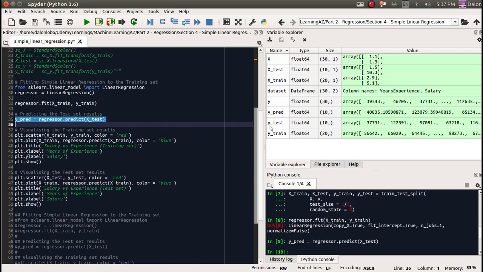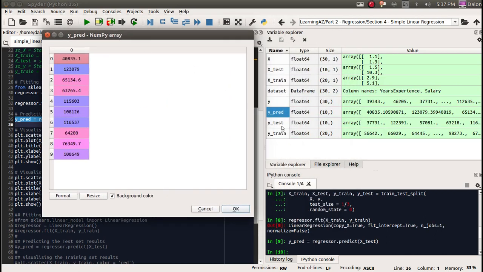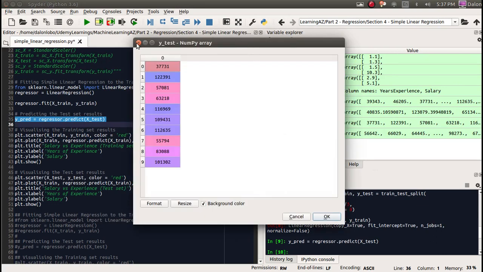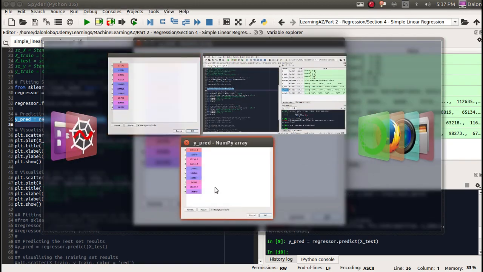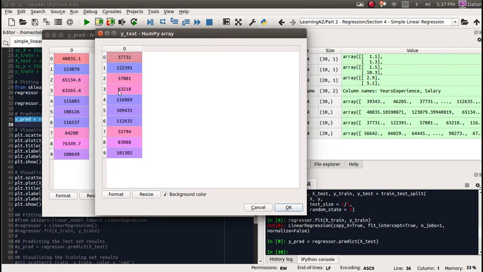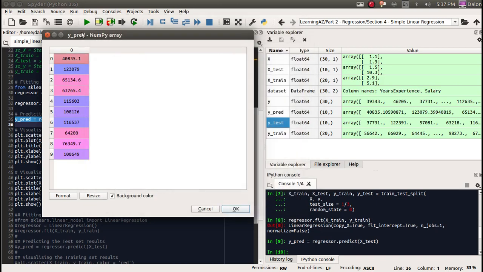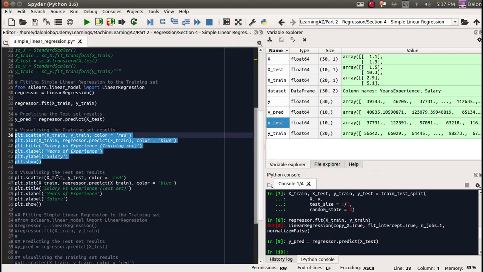to predict the value. So y_pred. These are the predicted values, and if you actually match them with your test values, they should be at least closer to each other. That is what you can find. So we have a good linear algorithm here, which is almost, for example, this ninth value is 100,000 and it's 101,000 here. So it's a pretty good fit, but we can visualize this and come back to our Python code